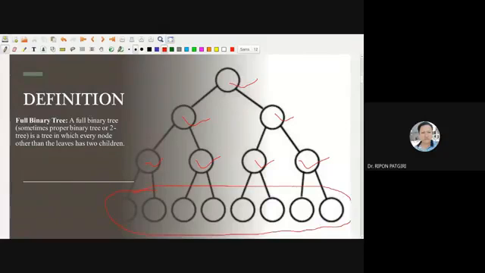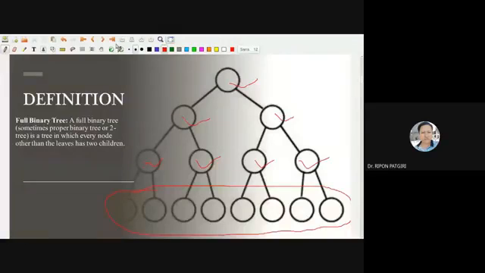A leaf doesn't have any branch. So a full binary tree, sometimes called a proper binary tree, is a tree in which every node other than the leaves has two children. Internal nodes must have two children, and external nodes cannot have any children.